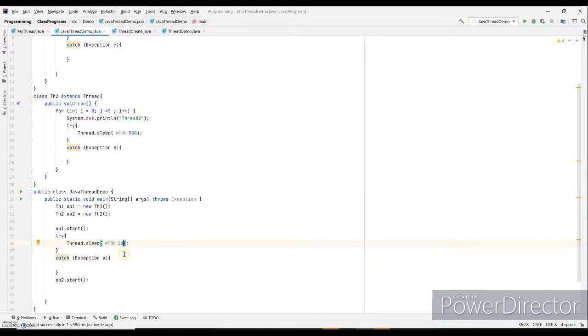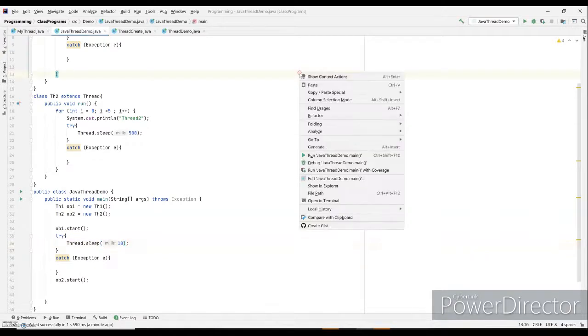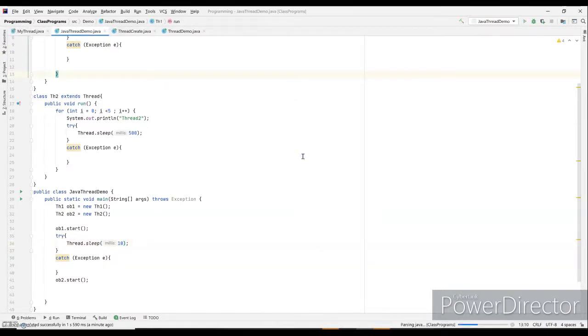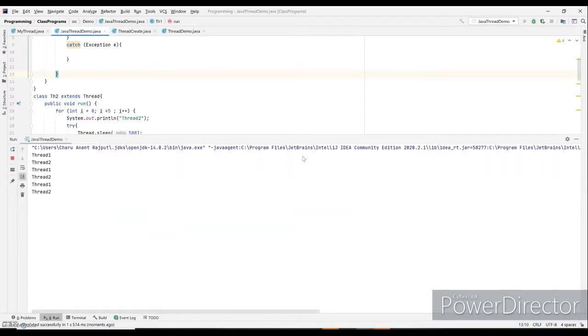I'll introduce a delay of about 10 milliseconds in between the start of object 1 and object 2, and now we shall get the output we have been desiring for so long. Thread 1, thread 2, thread 1, thread 2, all of them are being executed in an alternate manner. So this is how we can implement and code the various thread operations and various thread concepts using the Java programming language.